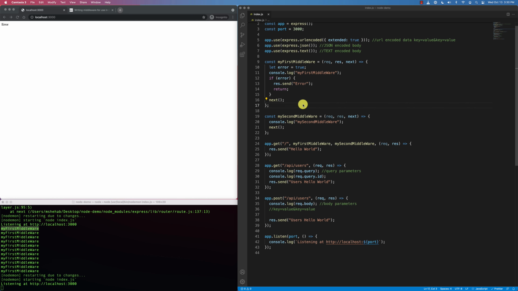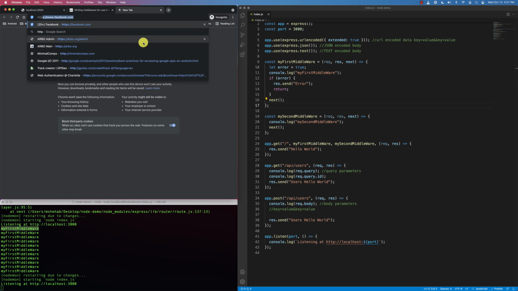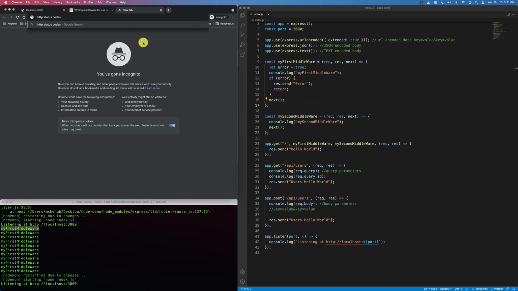Hello everybody. We looked at middleware, we looked at how we create these routes. Now let's look at something interesting, how to send status codes. The HTTP protocol has these status codes, to indicate that there's an error, and how to send data back. It's also very straightforward. So let's see the HTTP status codes, just so that you could see what